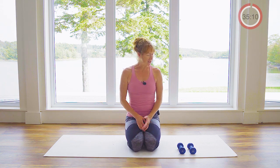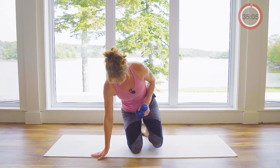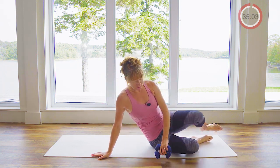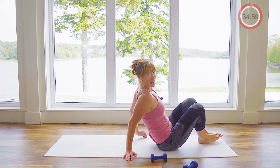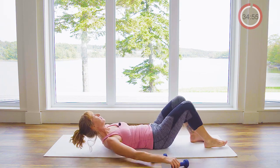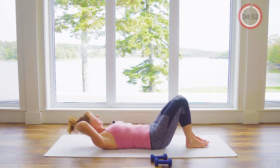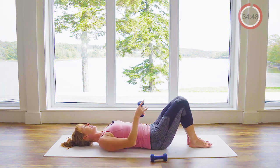So we're going to start on our back today. Coming down onto your mat, having your weights nearby. If you do have some low bone density, it's nice to come down on your side and then roll onto your back, instead of trying to curve the spine as you come down. And we're going to start by